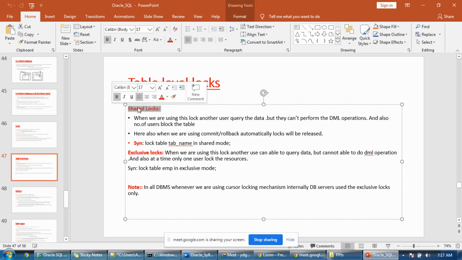But the problem here is we cannot control it. I can lock, you can lock, somebody else can lock. If that happens, everybody should release. Otherwise, nobody can do the DML operations. There will be some dependency, so we cannot give control over the entire application. So for that, Oracle provided one more lock, the exclusive lock, but this shared lock can still be used for migration